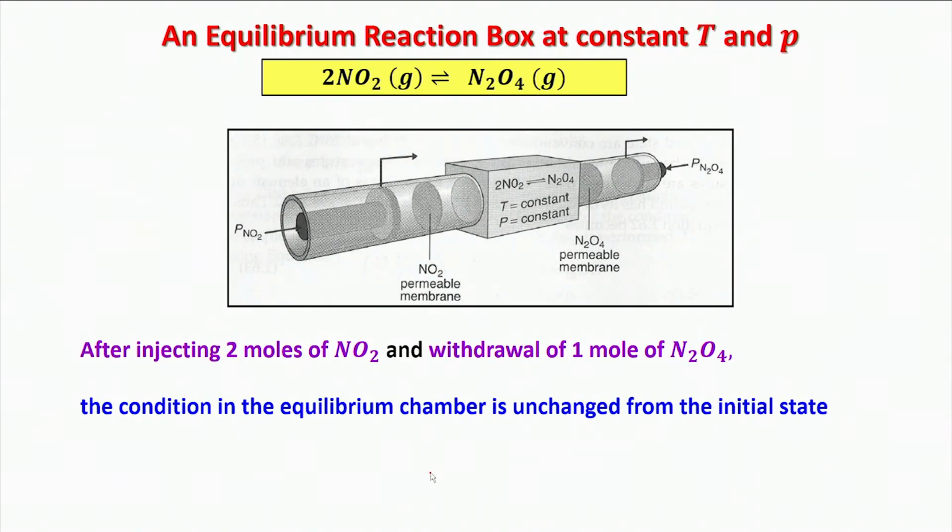Now, what is it that I'm trying to achieve by doing this kind of experiment? As you understand, if I inject 2 moles of nitrogen dioxide under the defined experimental condition and withdraw on this side 1 mole of N2O4, in that case, the condition of the equilibrium reaction box, or this reaction chamber, remains unchanged from its initial state. Now, my question is, if I have perturbed the system without changing the equilibrium condition of my reaction box, then